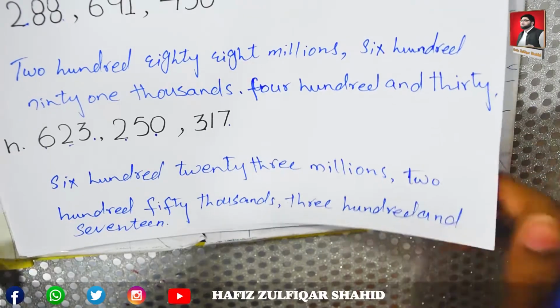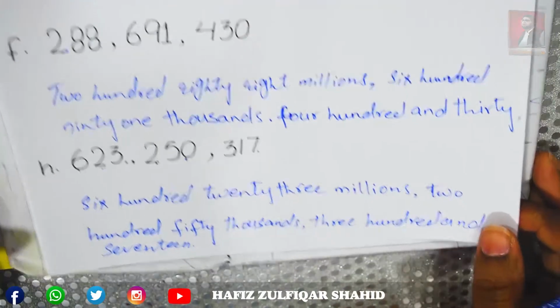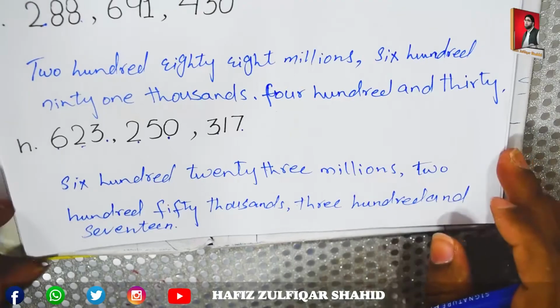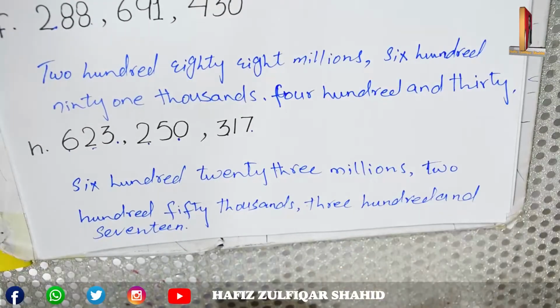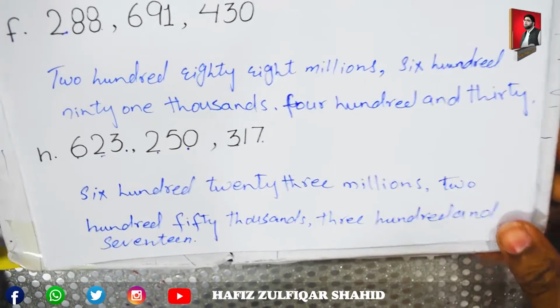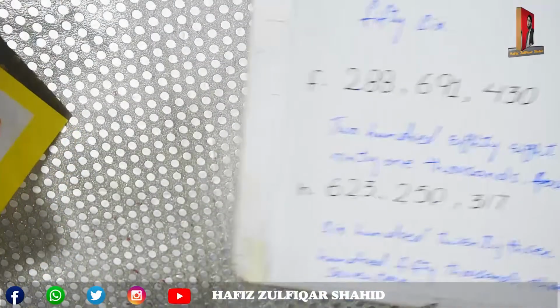Students, did you see? This is very easy to solve. Just you have to memorize the table, understand the 9 digits and the value of the digits, then you can solve this exercise on your fingertips. Let's move to next exercise,